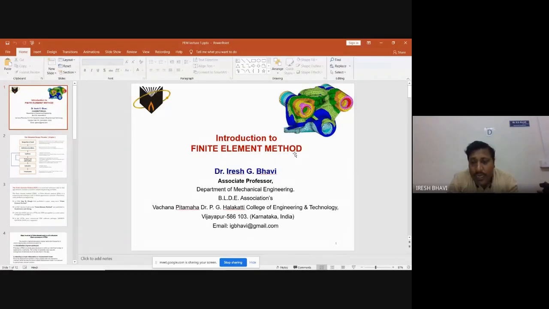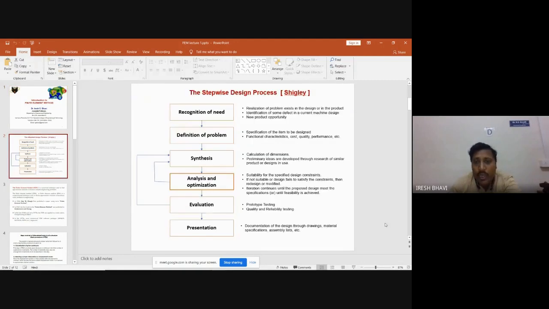So finite element method is a numerical method. Actually, it is a numerical method to obtain solutions to various engineering problems, approximate solutions to various engineering problems, because as it is a numerical method, you will always be getting the approximate solutions only. So first, before starting with this FEM, let me first explain about the stepwise design process and where this FEM